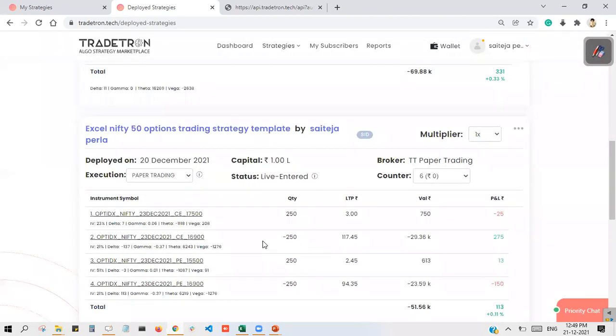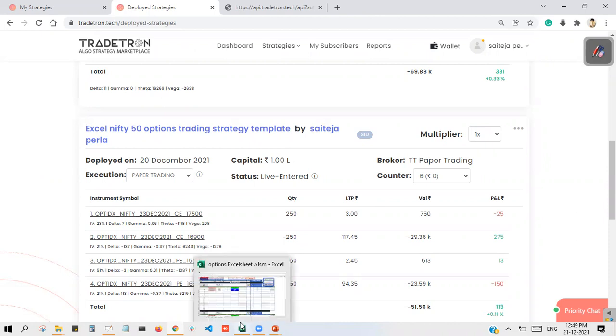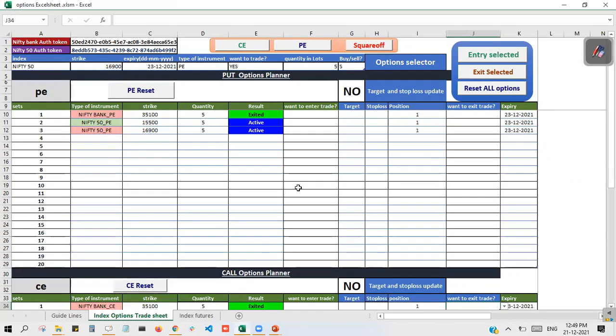Now, what I want to do is place a target. Let us get into the Excel sheet and check how to place a target for the options. In order to place a target, we need to change this option to yes here. Same yes here. Now I want to place a 0.5 target.